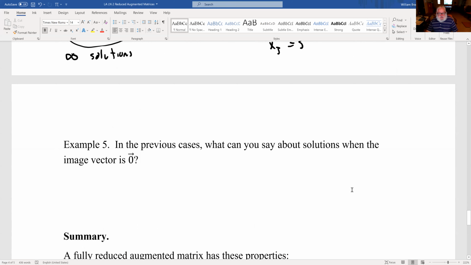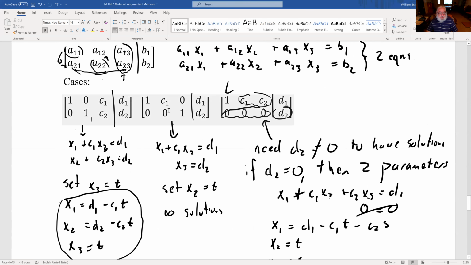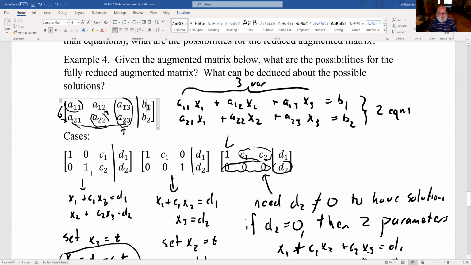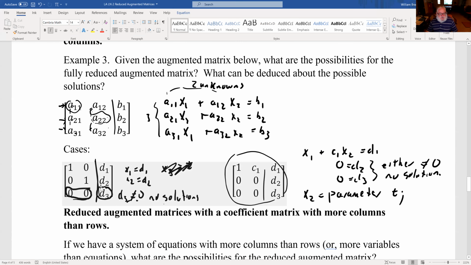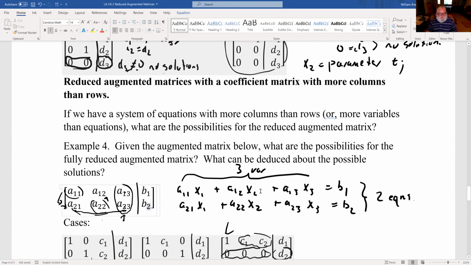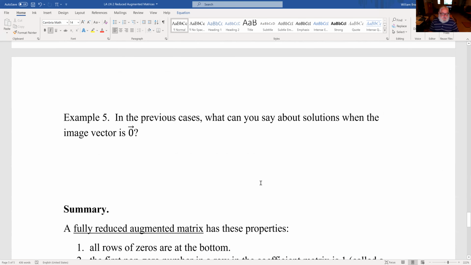If the image vector is 0, so suppose D1 and D2 are 0, always. Well, if D1 and D2 are 0, then they're always going to be 0, because when we do the row reductions, you're always just adding and subtracting things. So if you start out with these 2 equal to 0, then they're always going to be 0, right? And so if B1 and B2 start out to be 0, then D1 and D2 are going to be 0. So same thing all the way through here. So if you start with zeros,